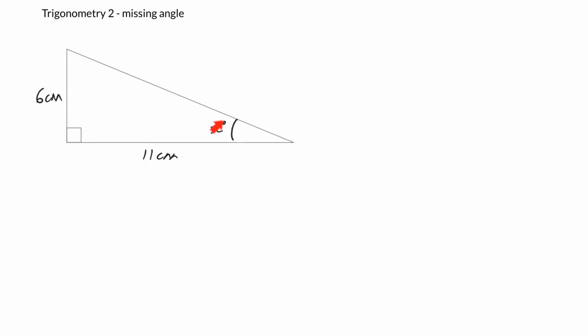So in this question we're asked to find angle x. Now the beauty of trigonometry in right angled triangles is the method is exactly the same whether you're finding an angle or a length. So the first thing we do, like we did before, is to label the diagram. Remember, opposite the right angle was the hypotenuse. This is the angle we're looking for, so that one there is the opposite,